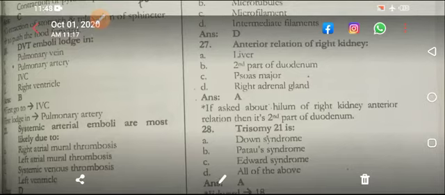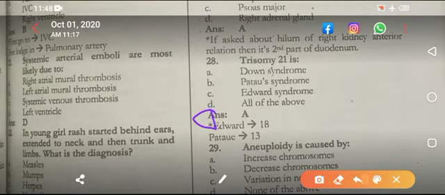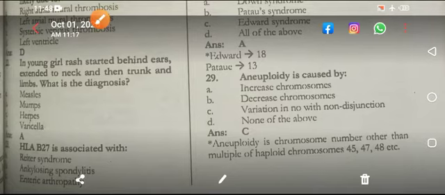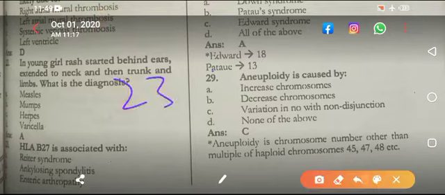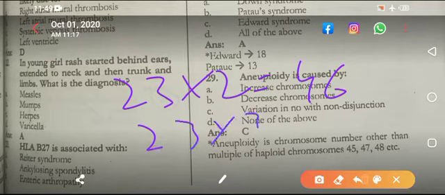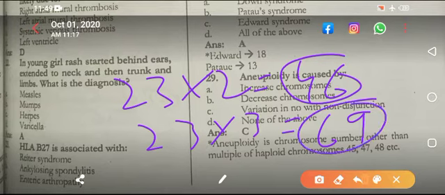Trisomy 21 is Down syndrome, E for 18, eight, तो एडवर्ड 18 हो गया, पटाऊ 13। Aneuploidy is caused by variation in number with nondisjunction। तो एन्यूप्लाइडी और ईयूप्लाइडी को जो उन्होंने मेंशन किया है, उसका डिफरेंस ये है कि एन्यूप्लाइडी में आपका other than multiple होगा। Other than multiple ये है कि आपका 23 है तो इसको 2 से मल्टीप्लाई करो तो क्या आएगी? 46। इसको 3 से मल्टीप्लाई करो तो क्या आएगी? 69, 3 दूनी 6। तो ये मल्टीपल नहीं होगी, एन्यूप्लाइडी में एग्जैक्ट मल्टीपल नहीं होगी, इसमें कम या ज़्यादा होगी,